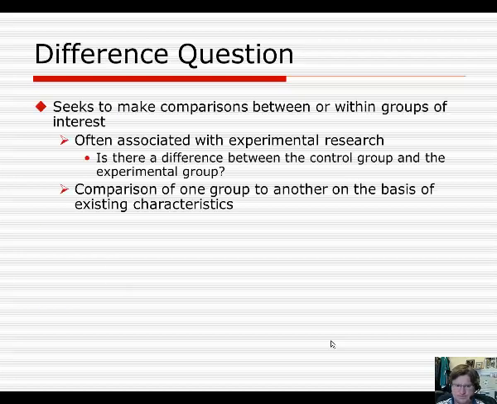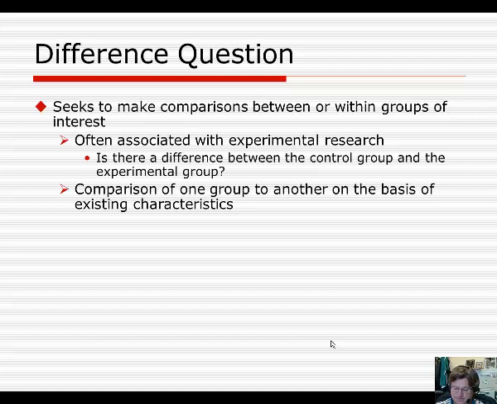Difference questions. Difference questions seek to make comparisons between or within groups. They ask the question, is there a difference? This type of question tends to be associated with experimental research, and at the simplest level involves the researcher comparing an experimental group that has been exposed to some kind of treatment to a control group that has not received